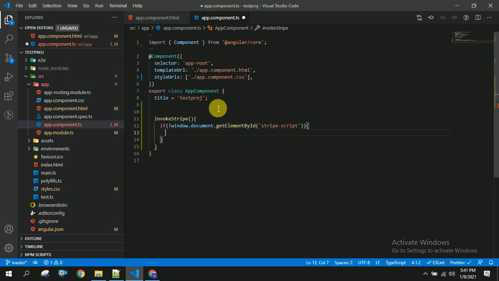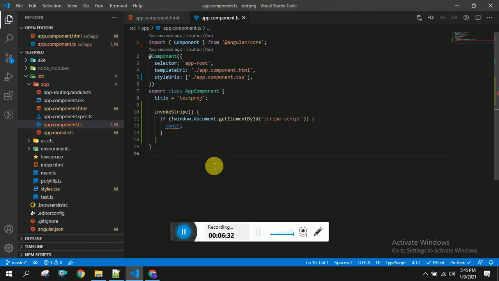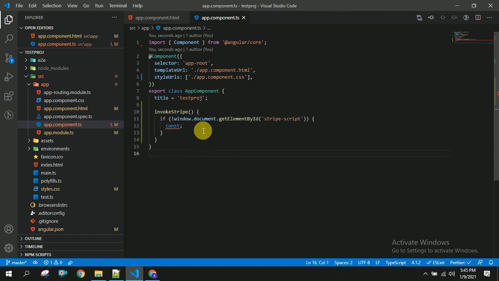So I'm going to give this entire code in my blog, so you can go back to my blog and copy the code from there. Constant script equal to window dot, so we are going to use some JavaScript code here.